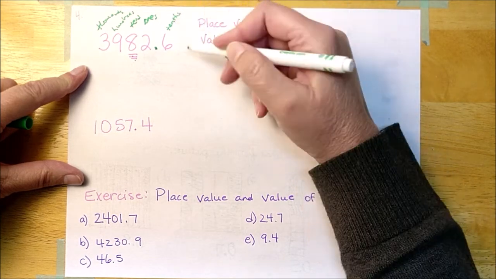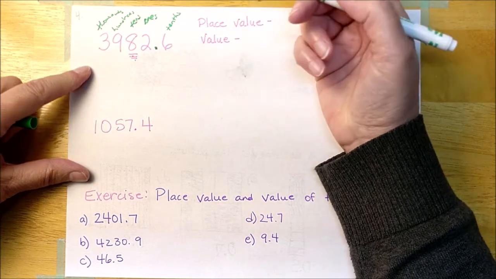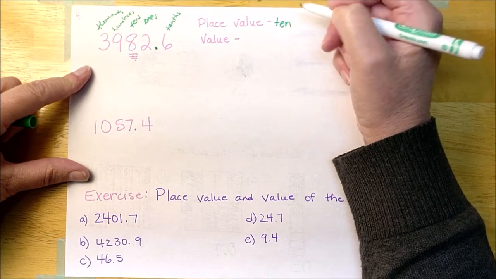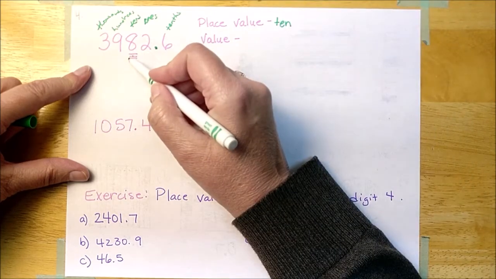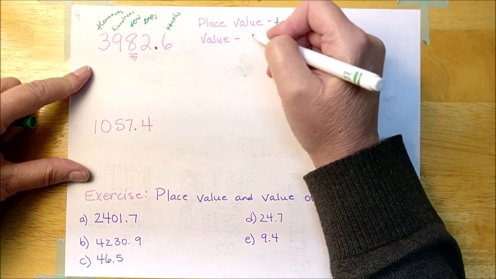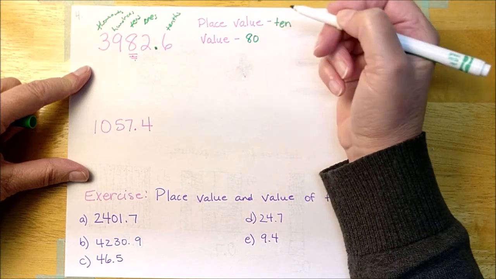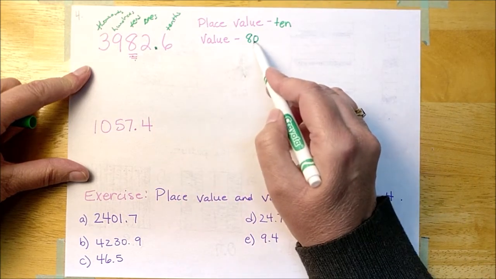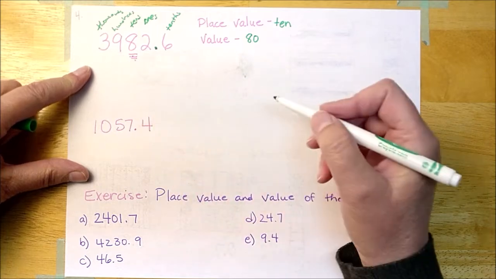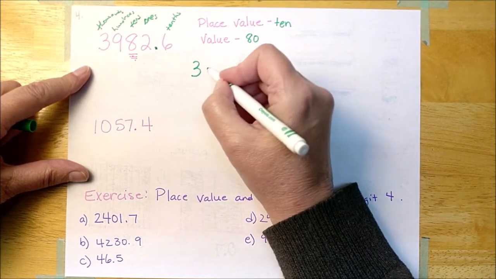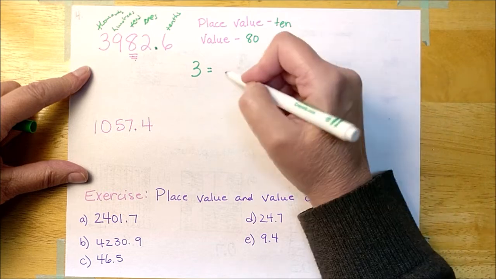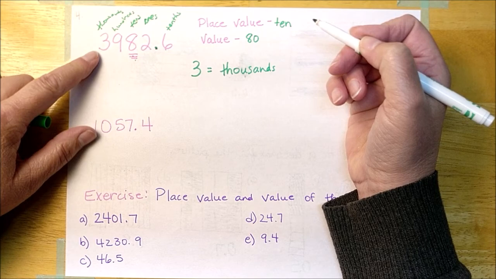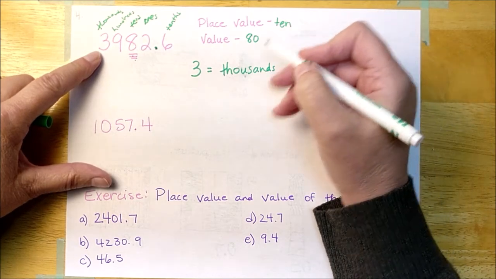That means something was divided into 10 pieces and I get 6 of those pieces. So my place value of my 8 is he is a 10. What is the value of him? What is he worth, these 8 tens? That is worth 80. So my 8 is in the tens place and his value is 80. So now if I was to ask you, where is the 3? What's the place value of the 3? And you would say thousands. And what is that 3? What's his value? His value is